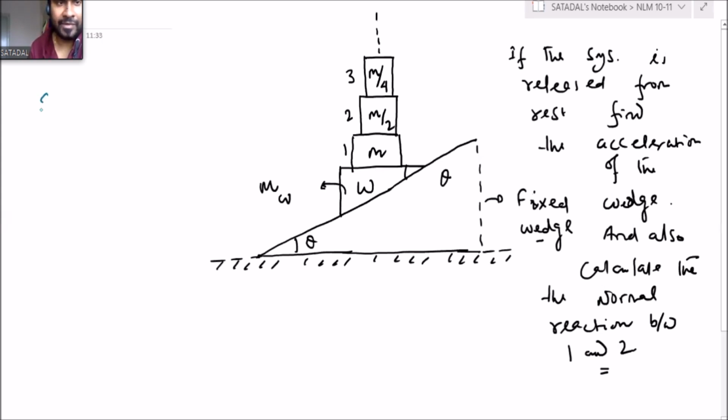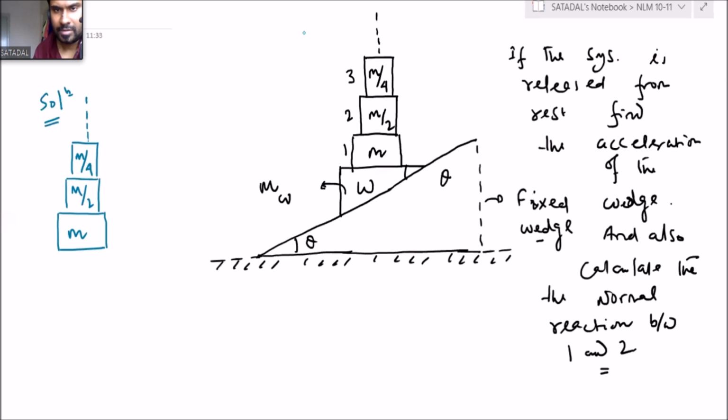Chalo, I will help you in one thing. When we are going for the solution, first of all, this block system is there, no? M, then M by 2, then M by 4, and it goes on. Atik? Sir, A is equals to 2G sin theta. No, Atik. We'll check. This is a bit complicated one. Wait for some time.